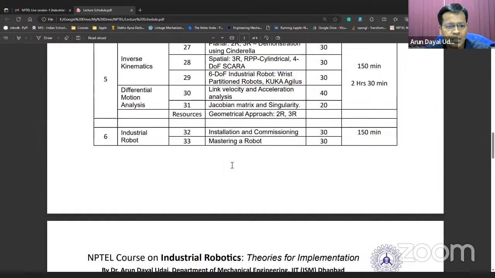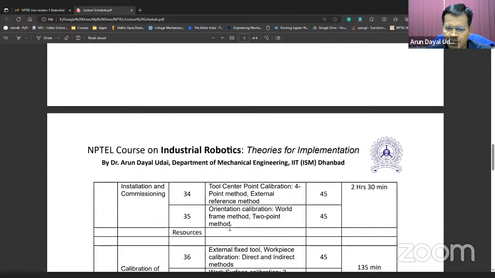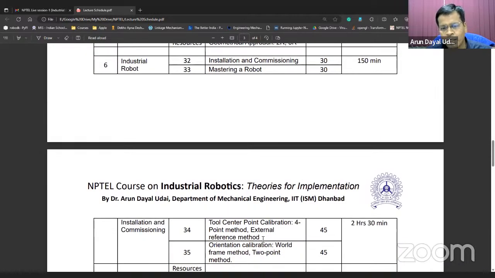Not even, they are not covered in the class book syllabus also. Okay, any classroom syllabus or any academic syllabus. So I have taken these directly from the KUKA Industrial Robot Manual, Yaskawa Industrial Robot Manual and ABB manuals. They all use these techniques, but it is not revealed in any of the books, and